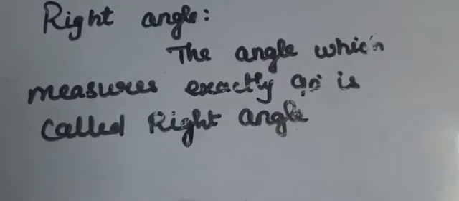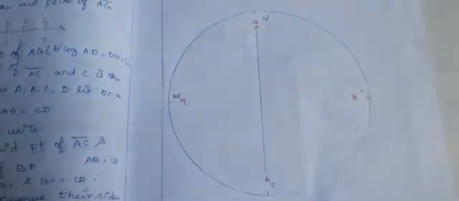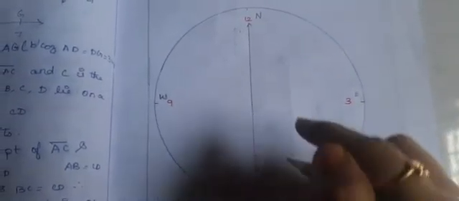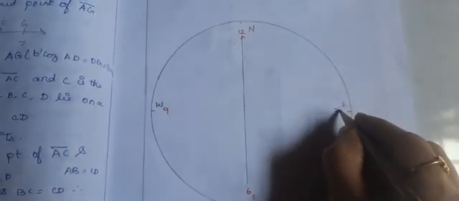Now I am going to show the revolution of a right angle using the clock. See here, I have drawn a circle and marked 12, 6, 3 and 9. Based on this, I am going to explain how the revolution of the angle is made in the clock. First, you are facing north and you have to turn towards the east side. In which direction will you turn? You have to turn in the clockwise direction. So you start from north and travel in the clockwise direction and reach east.